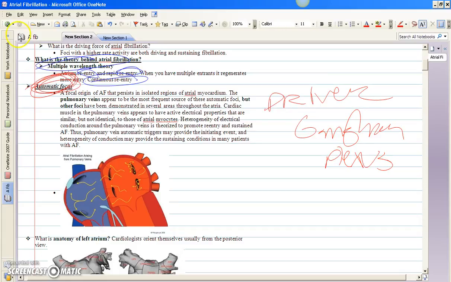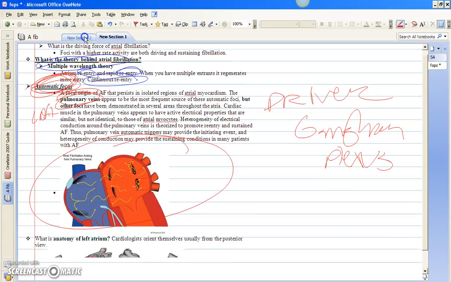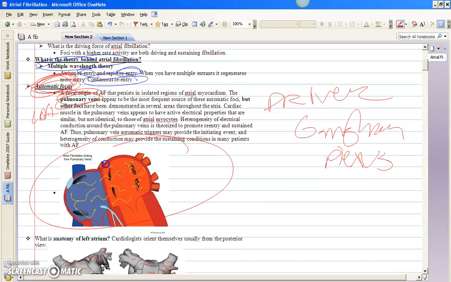So we're talking about foci that are giving off electrical conductance, and most commonly they're found at the junction between the pulmonary vein and the left atrium. So pulmonary vein, left atrium. And if we look at this diagram right here, it's a more accurate representation of what I tried to draw out on this previous page. So you see these squiggles, which represent electrical conductance, coming out in a very disorganized fashion, and they're coming from a mother focus, right?